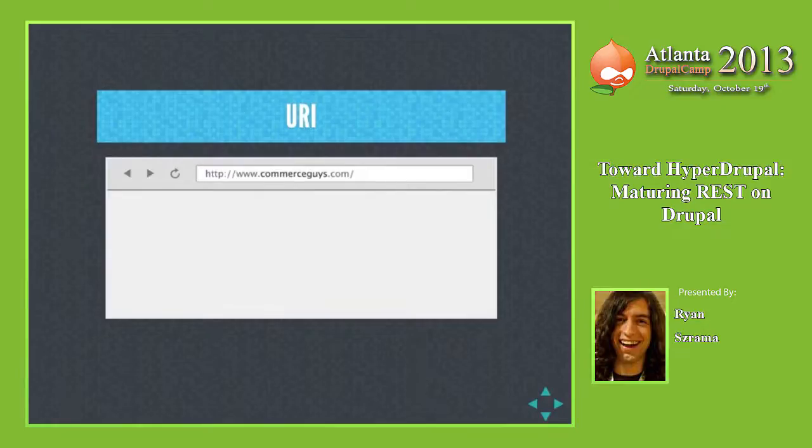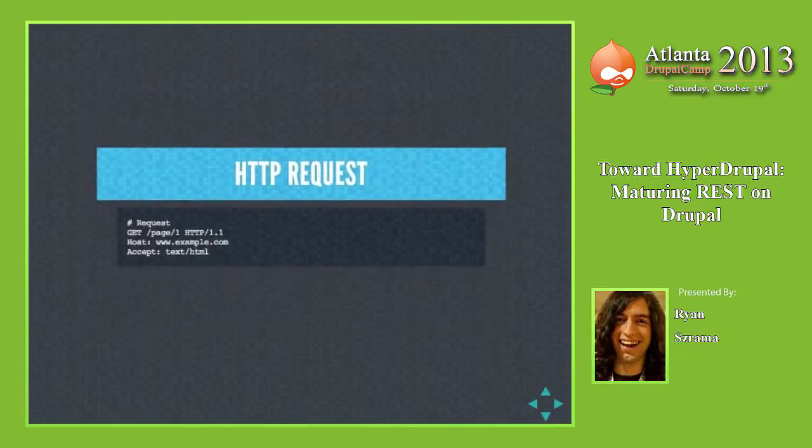So URIs, of course, are simple, straightforward. They include the protocol, the domain, the TLD, etc., the host, the path, the fragment, the query string. Every web browser knows how to work with this. Most developers know how to work with URIs, know how to add username and password to them if you're doing simple HTTP authentication. You know how to specify a different port number if you're interacting with a remote MySQL database and have a specific port that you're trying to interact with. Like, we all know this. This is a standard technology that's ubiquitous.